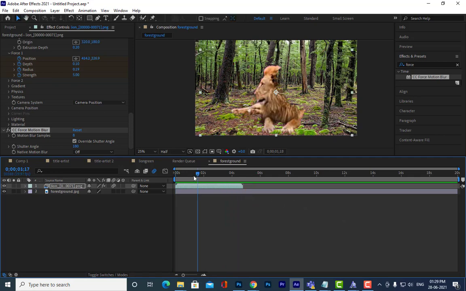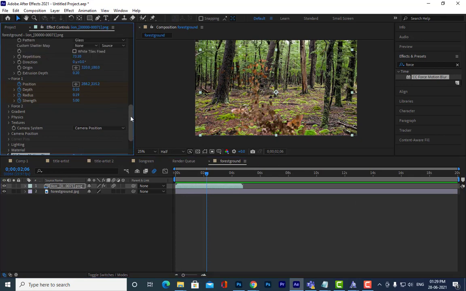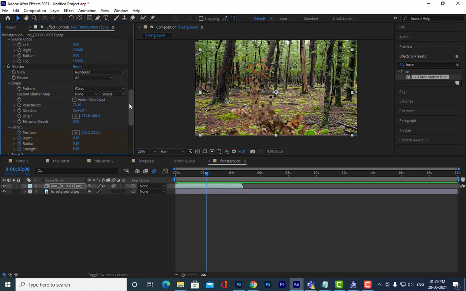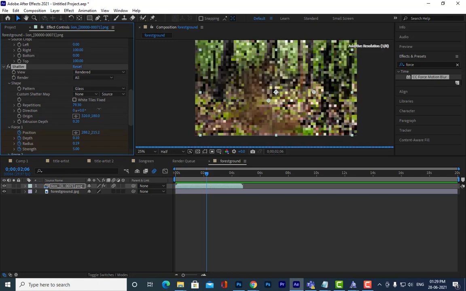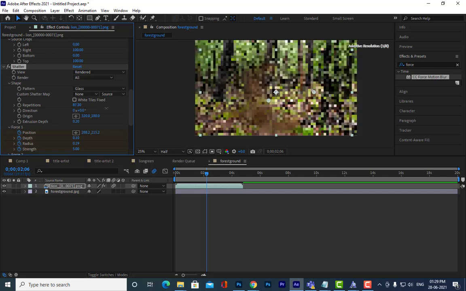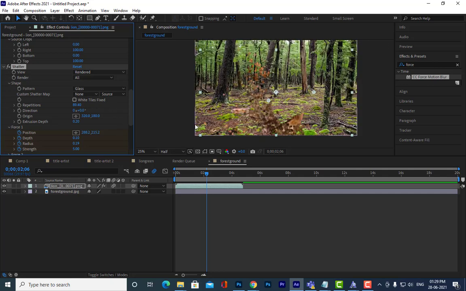See here. If you have more shatter pieces, the reason why I am not increasing this too much is that the system may slow down. See, already the system has become very slow. Even when I kept it half here, it is very slow.